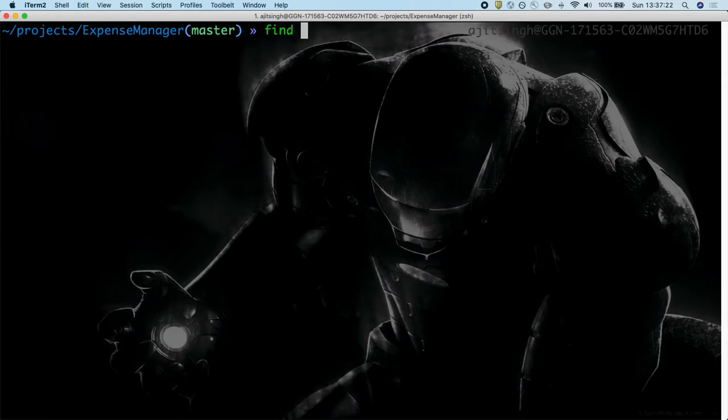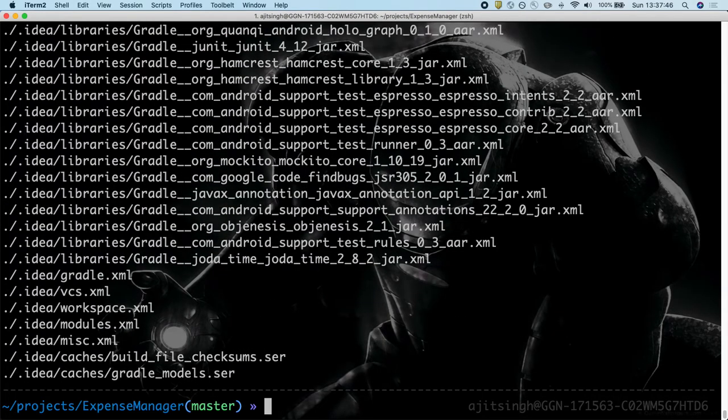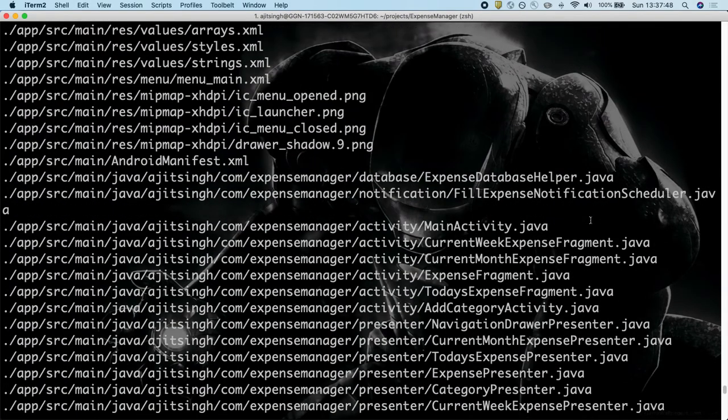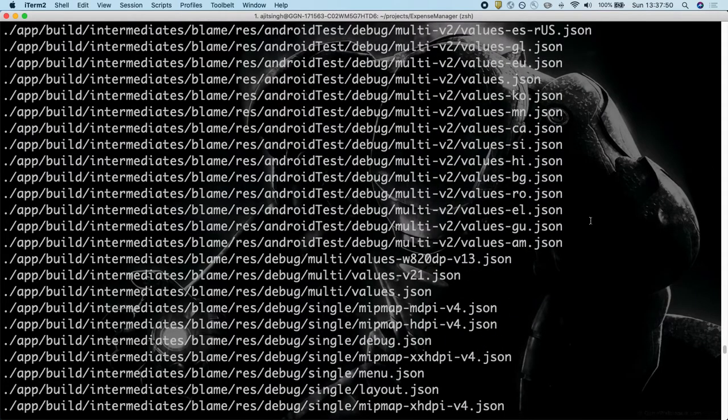In that case, we will start with our first criteria where we will filter only files and no directories. So I'll write find dot hyphen type is the argument we will use, and the parameter we will pass in is f. F means find me only the files, and if I hit enter, it will list me only files. You will not see any directories over here.